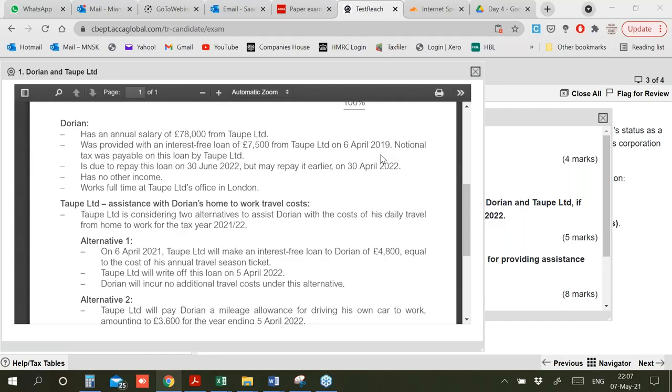But on benefits, NI is not applicable, only tax is applicable. So that is why I'll be taking 40%, because on non-cash benefits, no NI is payable. Rather, you only have to pay income tax. So